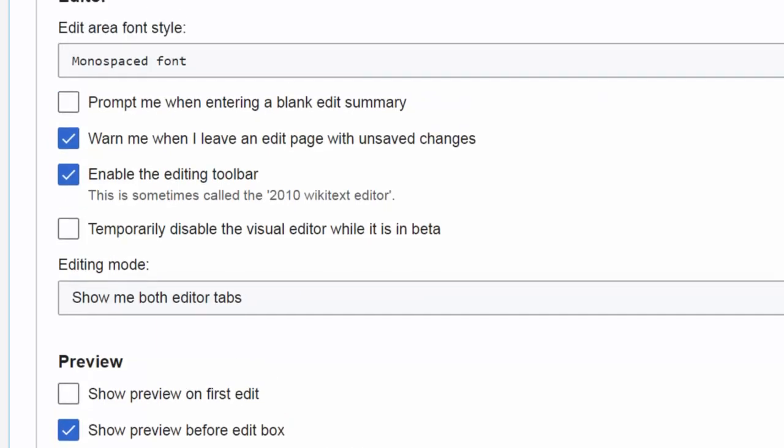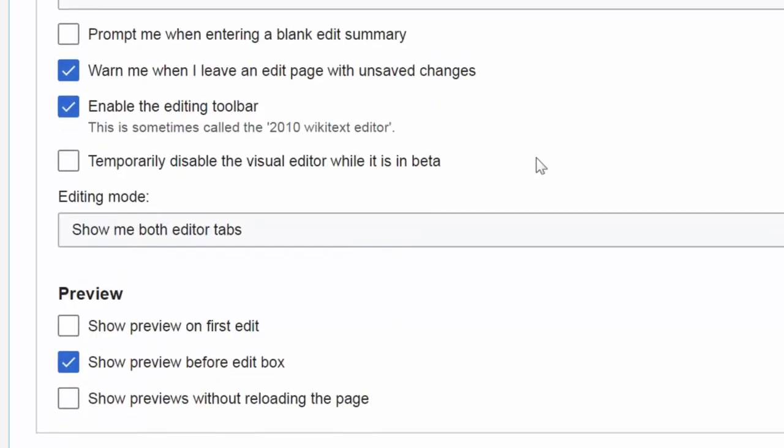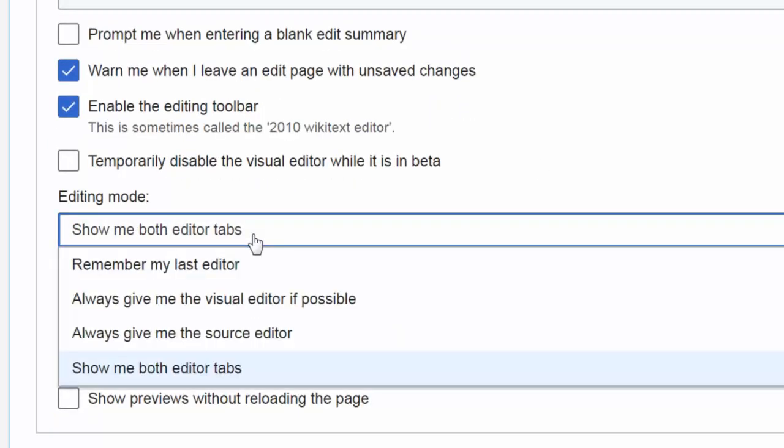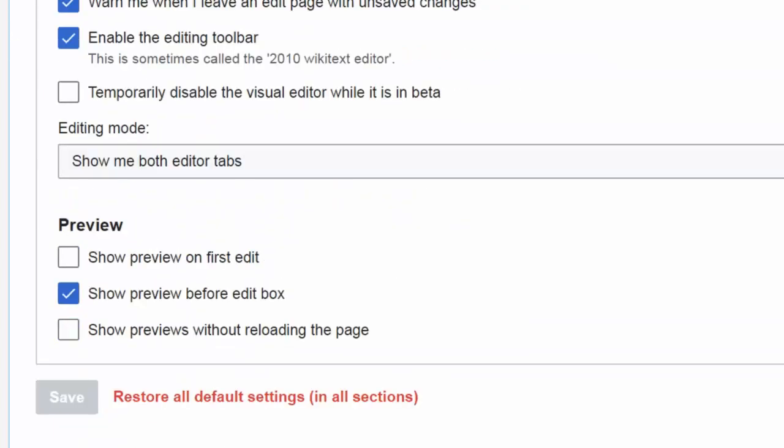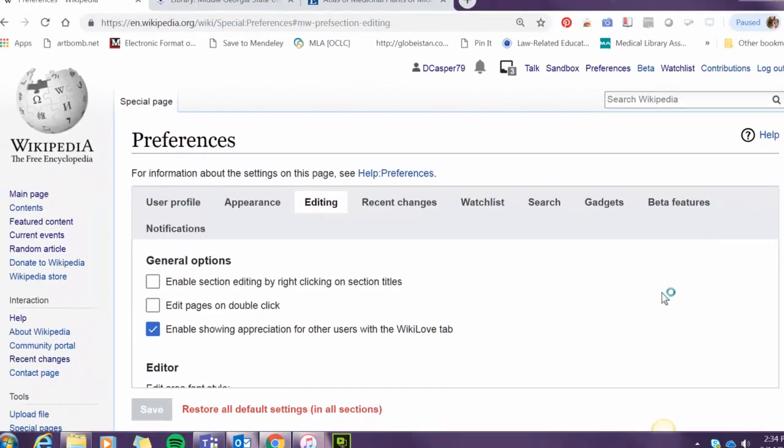We're going to go down to editor and we're going to change this. The default might say, remember my last editor, but in order to give you the option of using either the source editor or the visual editor, you can select show me both editor tabs, and that will always show you both options.